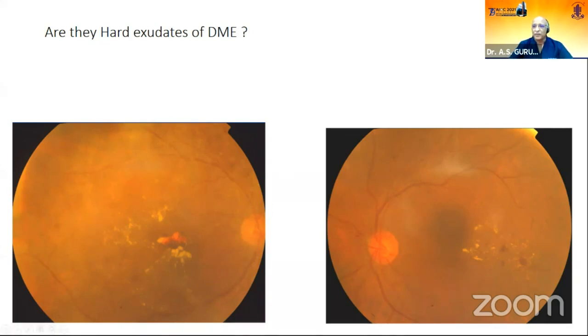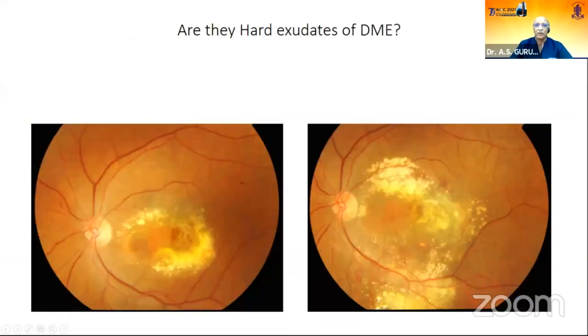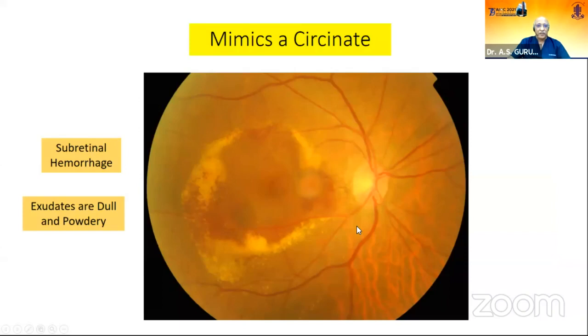Sorry, this is not moving. How about this? This has also been referred to us as diabetic macular edema or diabetic maculopathy, and you can see that the hard exudates here are quite extensive in the left eye, which progressed to become like this. Actually, this is a case of CNVM or possibly PCV, and we should be able to distinguish that. This was referred to us as a circinate, but what was missed by the referring surgeon was